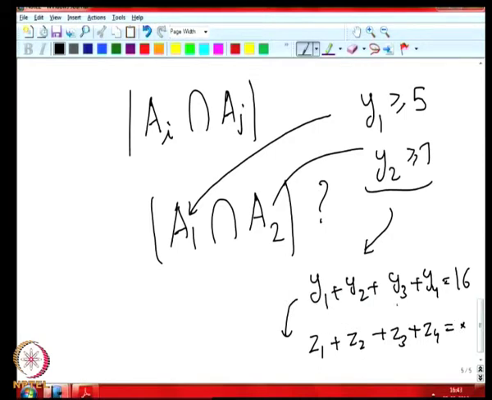Here Y3 and Z3 will be equal, while Z1 we have to define as Y1 minus 5, because this is at least 5 and we want to bring Z1 to be at least 0. Similarly, Z2 we define as Y2 minus 7, and 16 minus 5 makes it 11 and another minus 7 makes it 4. This will be 4,